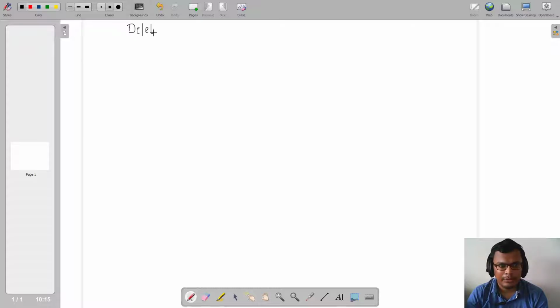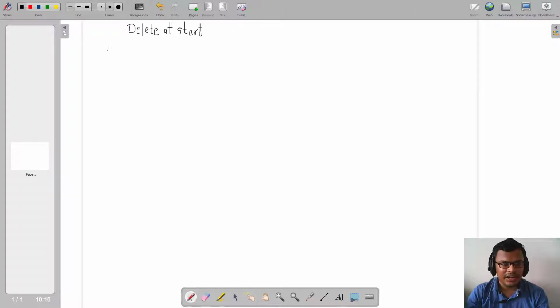Again, delete will come with three variants, that is delete at start, delete at end and delete at given location. Now if you remember, when we were performing the insert or create operation, at that time we used the reference pointer p to label the node which we were trying to create. Similarly, now in case of delete operation, we will be labeling p as the node which we will be trying to delete, right?